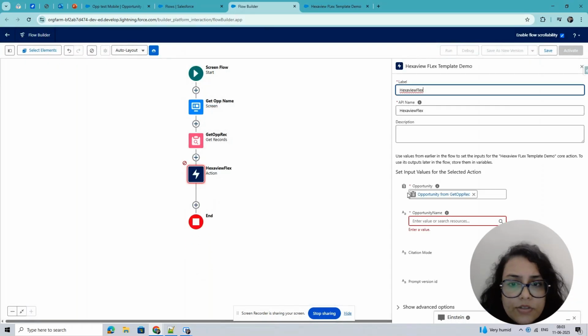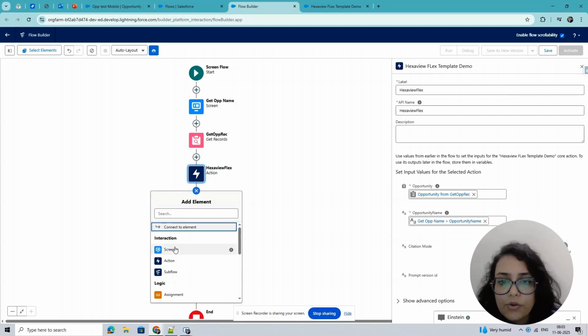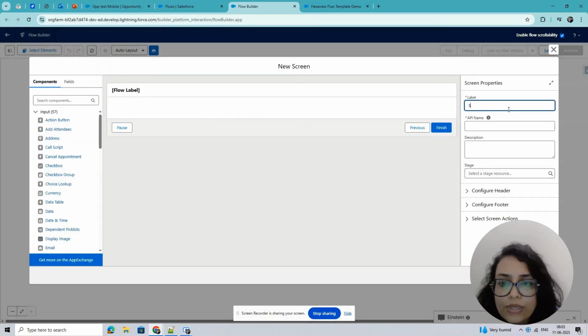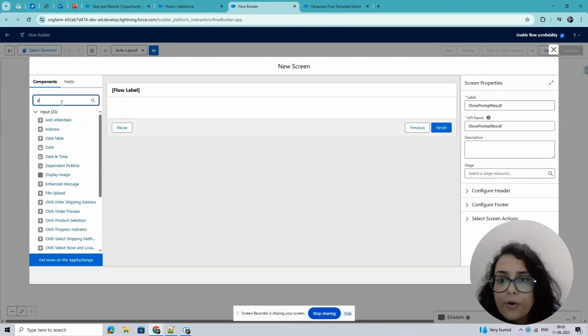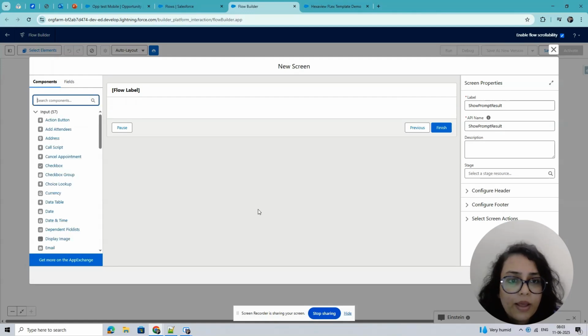Again, I will just check it. What was the name I've given? That was the opportunity name. Okay, I will add the same. Now, here you go. Now, once it is done, I will add one more element, give label as show prompt result,